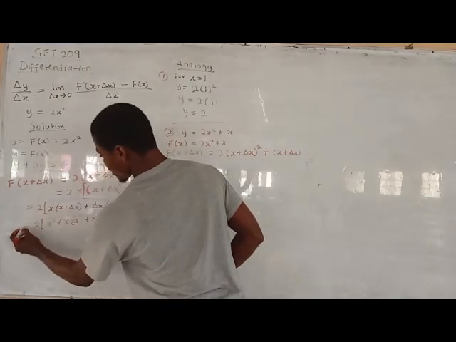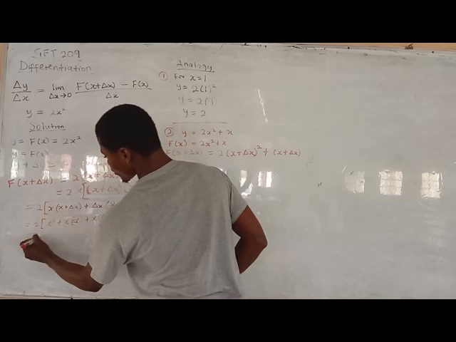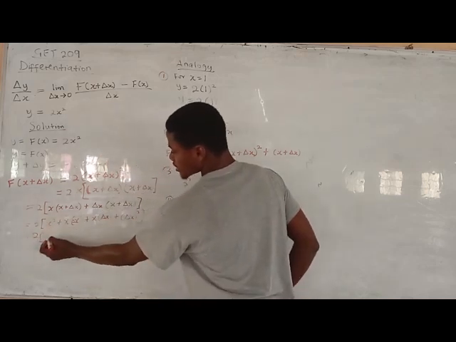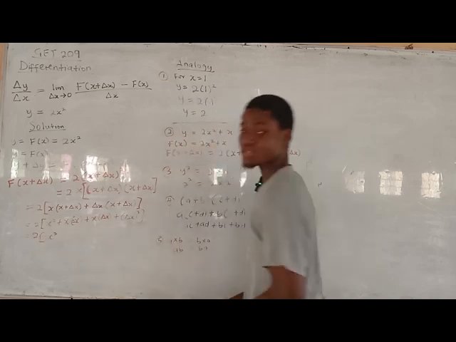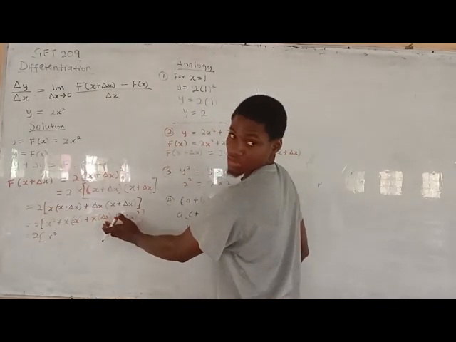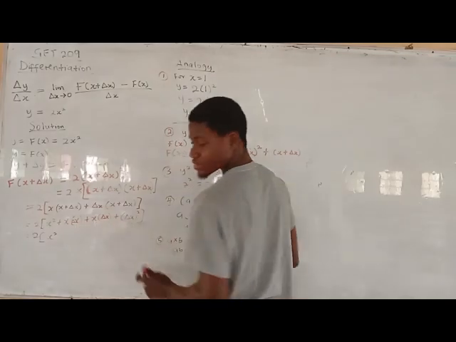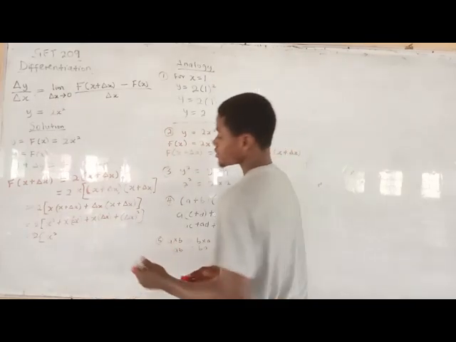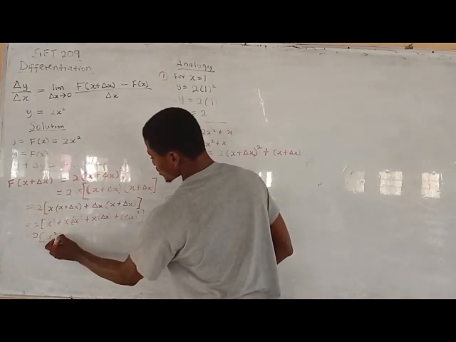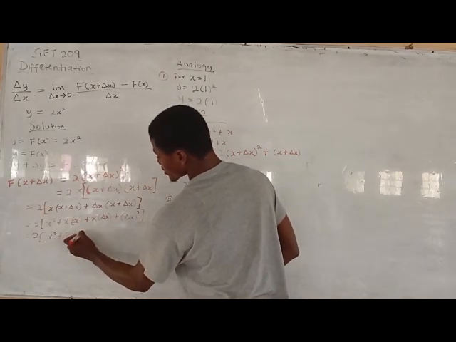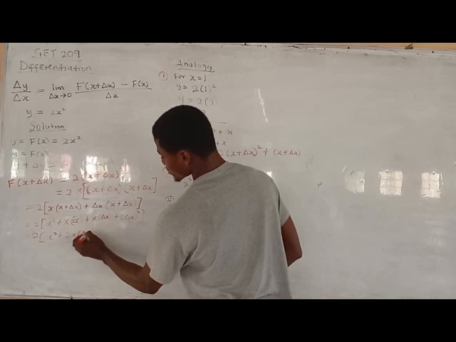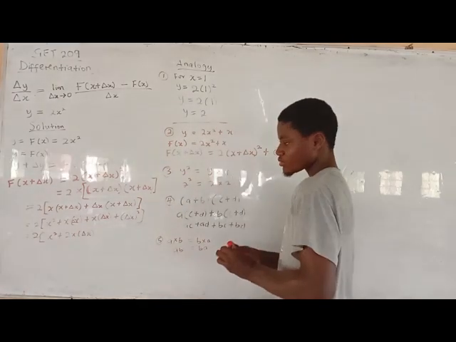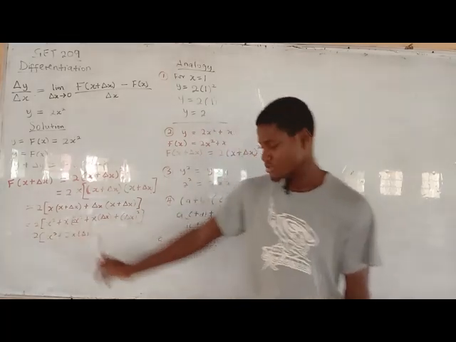Okay, so we know that this also equals 2 outside the bracket. x squared remains since there is nothing like it. But this one, they are similar. So this plus this will be 2. You know, a times a plus a is 2a. So this plus this is what? 2x change in x. What that means is, don't forget,